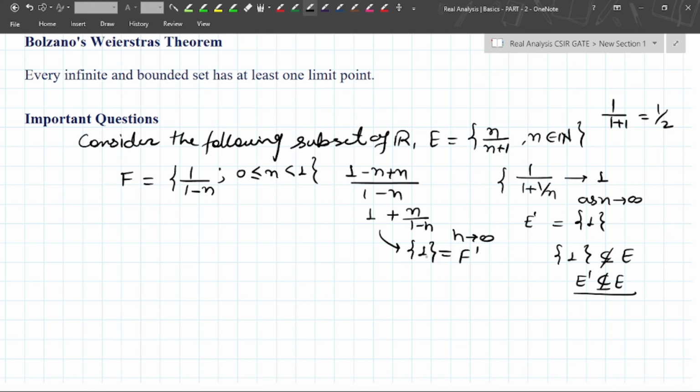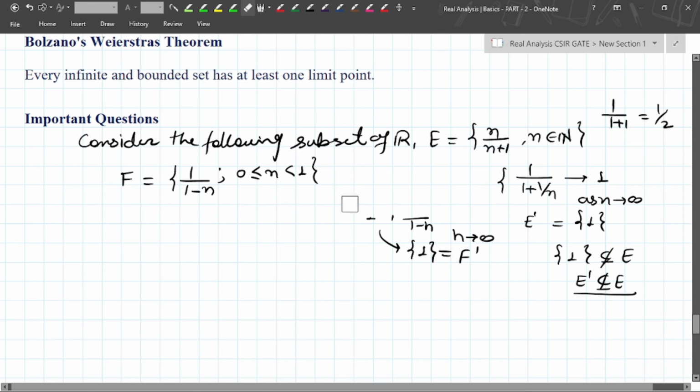But here it is 0 to 1, not tending to infinity. So if 0 less than n less than 1, then minus 1 less than minus n less than 0. This is strict. Then we can write 0 less than 1 minus n less than 1 here. Okay, we'll just subtract from